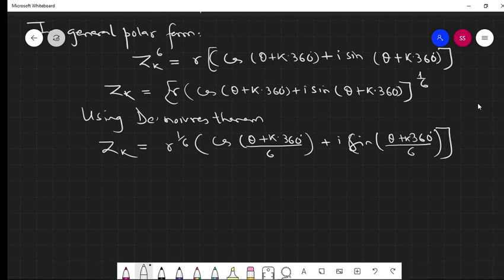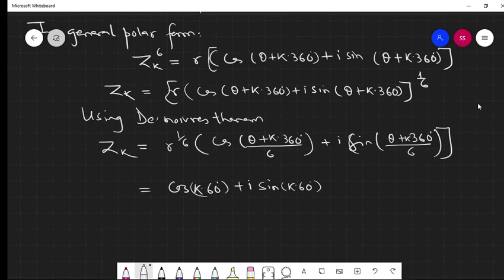Theta is 0, and 360 divided by 6 is 60, so cancelling, we obtain cos of k times 60 degrees plus i sin of k times 60 degrees. Here r is 1, that's why this is the simplest form. Okay, now